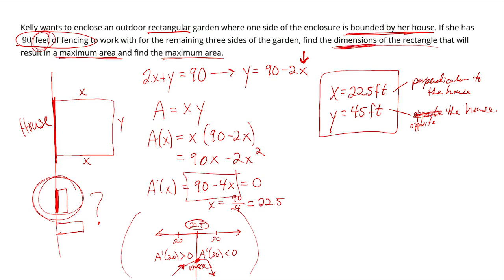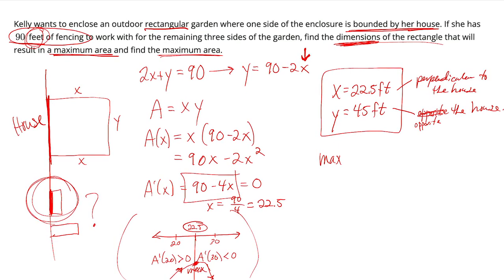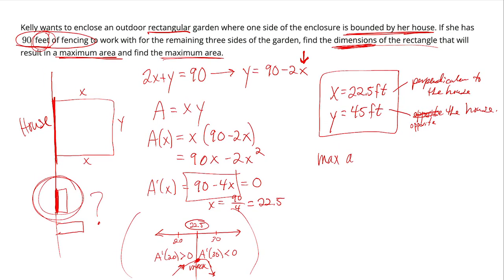Now we need to find the maximum area. So the dimensions that yield a maximum area are 22.5 by 45 feet. The actual maximum area, multiply those together because area is X times Y. And what we end up getting is 1,012.5 square